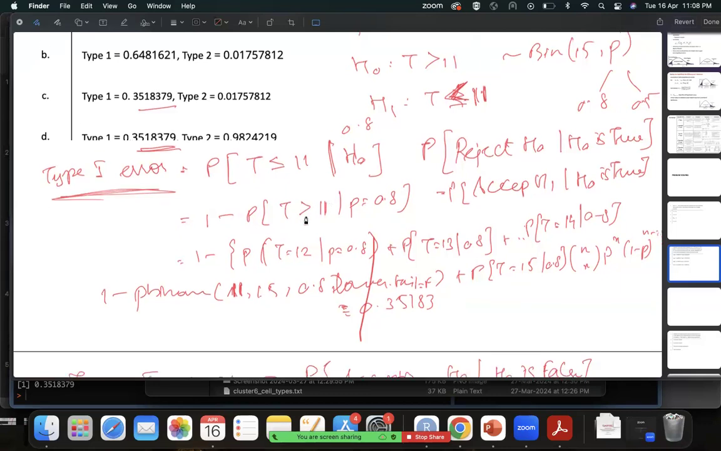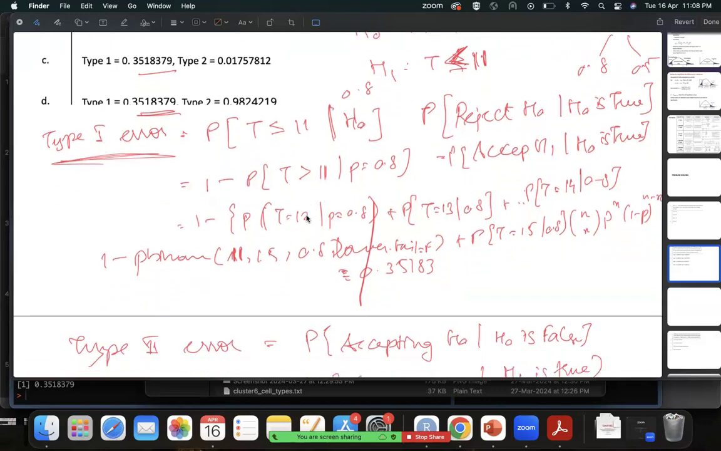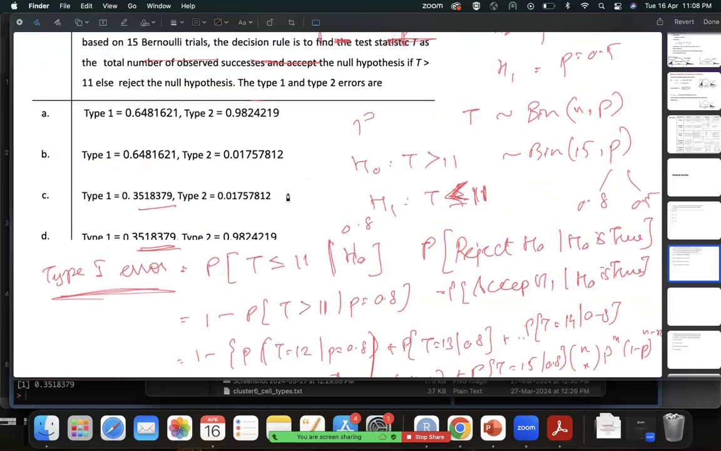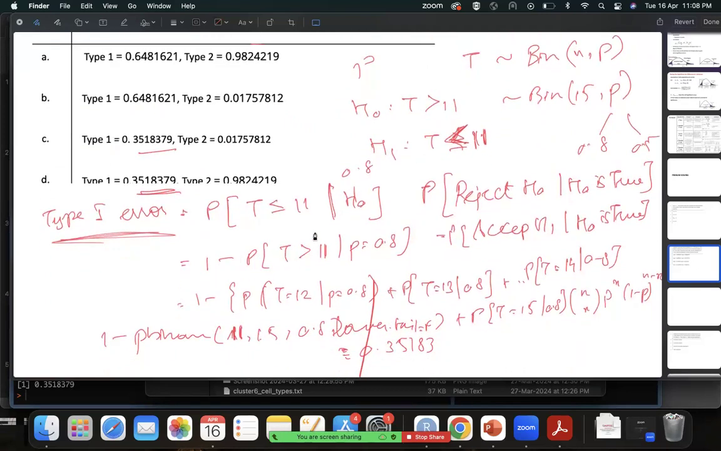So for type 1 error, we have to follow 1 minus pbinom with lower.tail equals false. And for type 2 error, we have to follow pbinom with lower.tail equals false. No, not necessarily. Here we are doing this because in your question, your null hypothesis is t greater than 11. But if your null hypothesis was t less than 11, then your type 1 error would just be